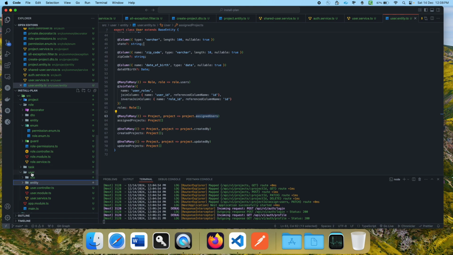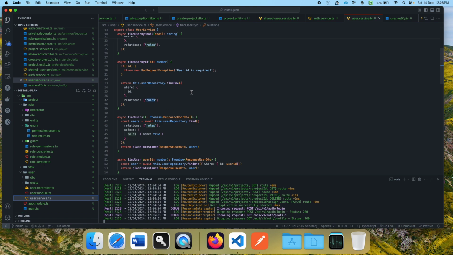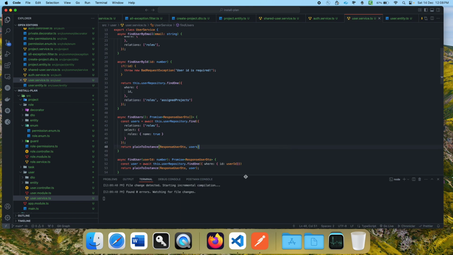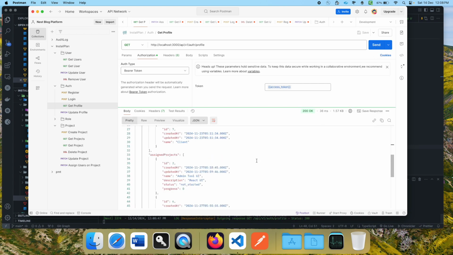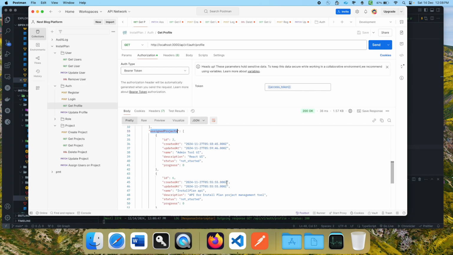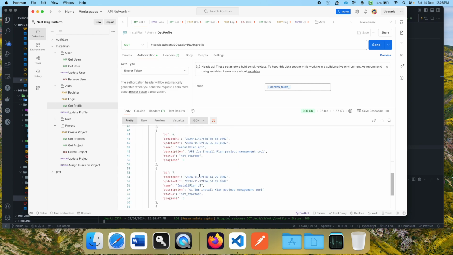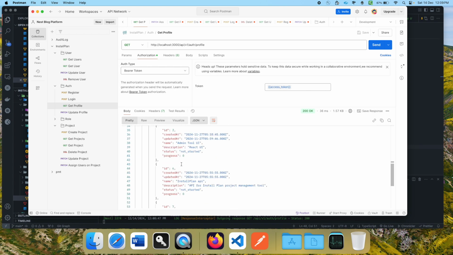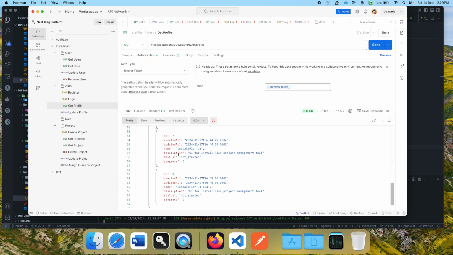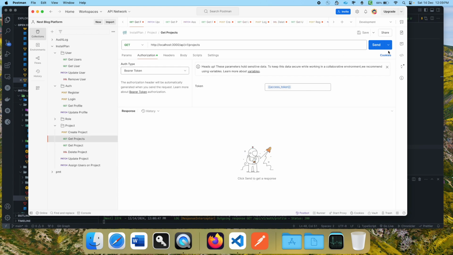So what I need to do here in the user service is go back to the same method, find user by ID, add one comma, and in quotes put assigned projects. Now you will notice if I try to fetch the details of my profile, I will have one separate property here, assigned projects, and I can see all the projects. I guess right now we have, just hold on for a second, 1, 2, 3, 4. So this user has 4 projects, and I believe in total we have